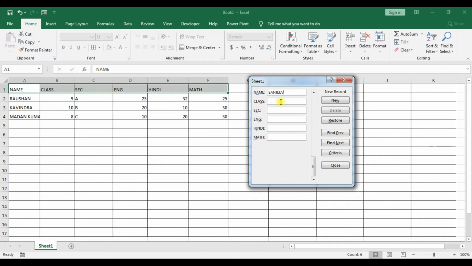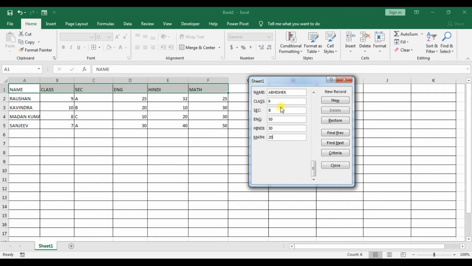Next, Sanjeev, class 7. After that, section A. After that, English 30, 40, 50. Now press the new option. Next, enter Abhishek, class 9, section B, English 50, 30, 20.